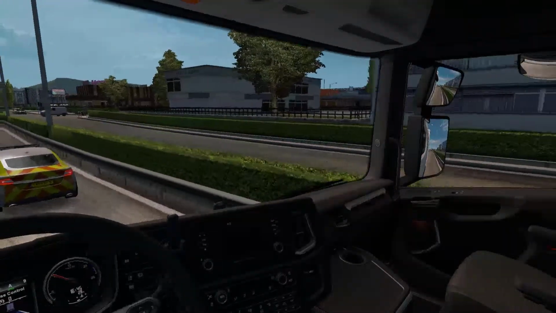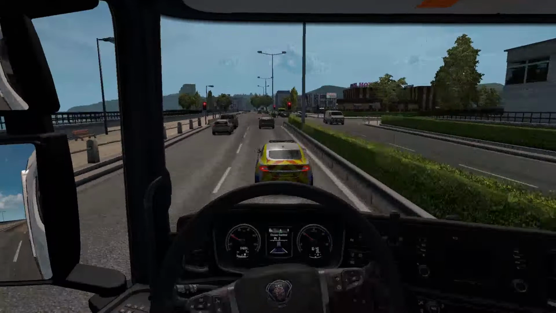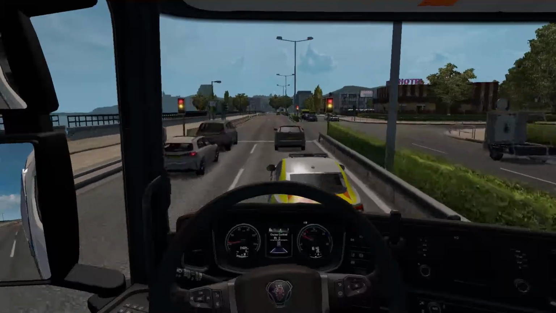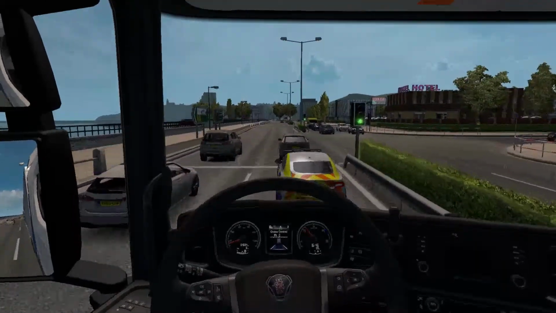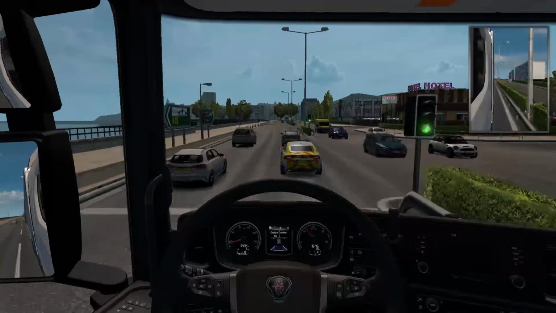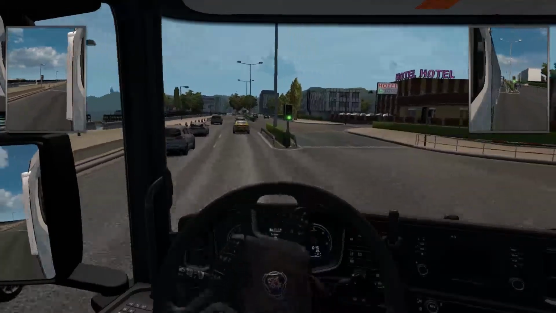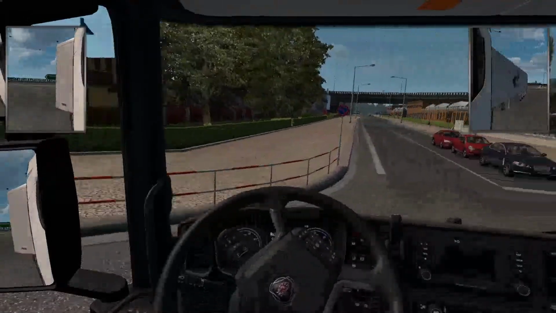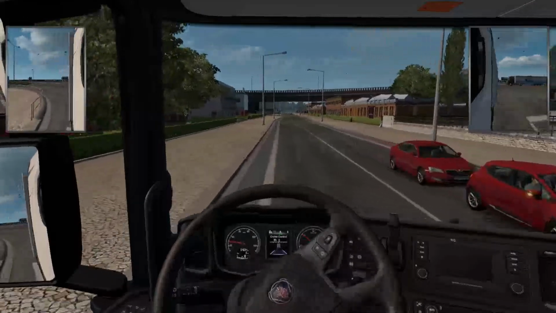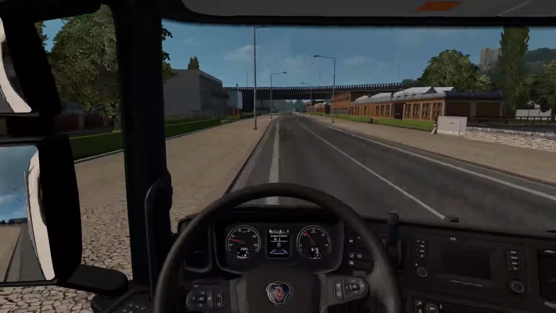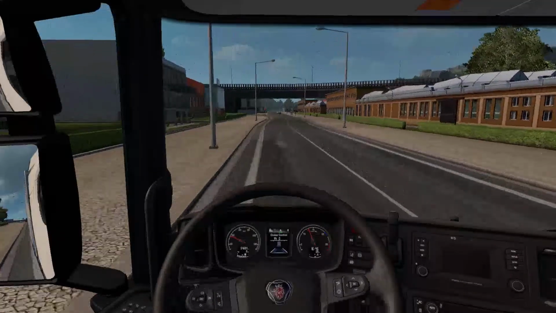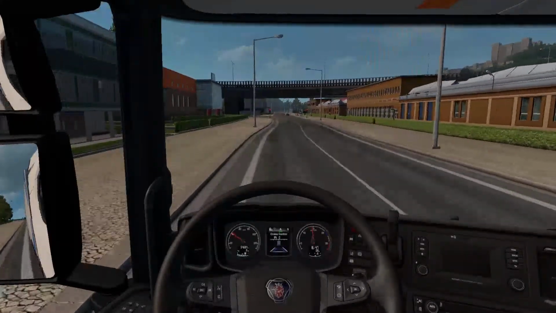Well, I would like TrackIR, but the thing is, since I look around quite a bit when I'm playing games, I don't really fancy it. So I like having those turned on, but they are a pain. I'm going to have them off, I can't be bothered. I really can't be bothered.